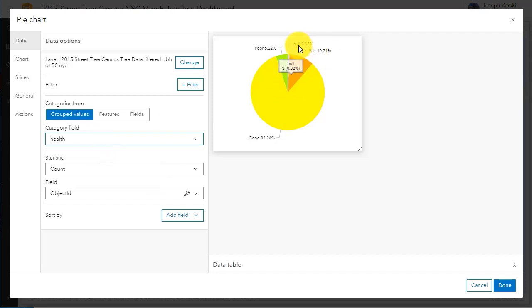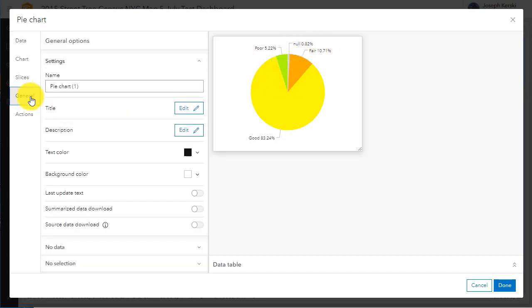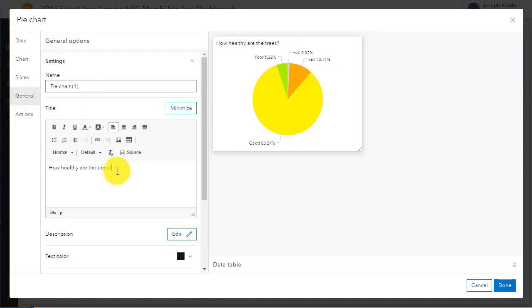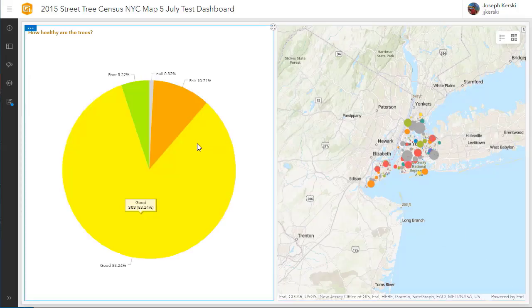I could spend time in the workshop tweaking the font and the color and that sort of thing, but I won't do that here. But know that you can do that. I'm going to give it a title, How Healthy Are the Trees? And make that a little bit bold and make that a certain color, etc. Okay, I'm happy with that, so I'm going to say done. It's quite large. I'm going to configure the sizes of these in a bit,